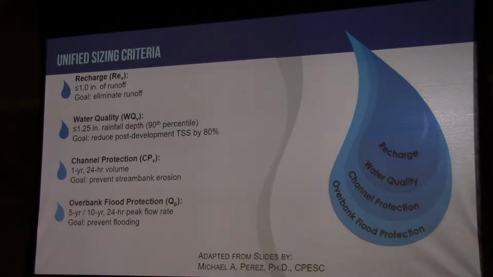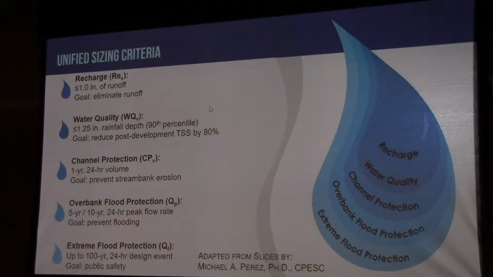Then the upper tiers, we start to get into the bigger storms that we've probably looked at more traditionally as far as stormwater management. So looking at those 5 and 10 year events, and we're trying to prevent surcharges of storm sewer systems and local flash flood. Also the really big storms, so we're looking up to the 100-year and maybe even a little bit beyond. What do we do to make sure that we're not having property damage or more severe flood effects?